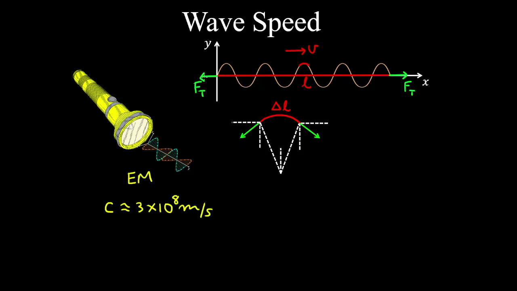And while this tension force was in the string, the string was plucked up and down continuously at one end, and this wave propagated through the string. So therefore, we have the tension force throughout this string being uniform,